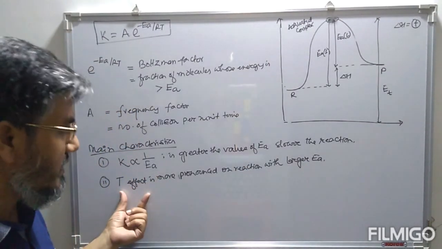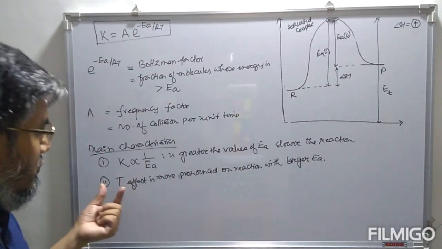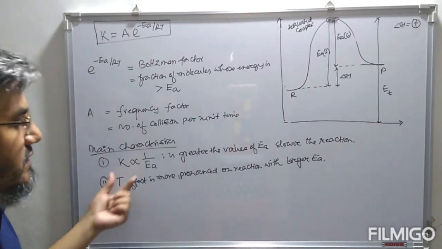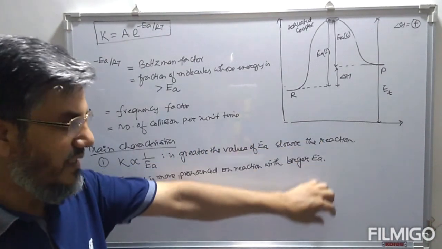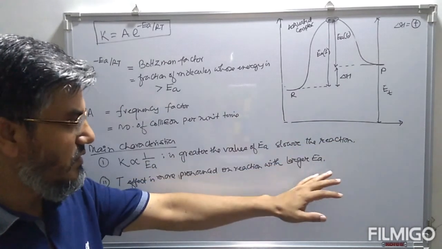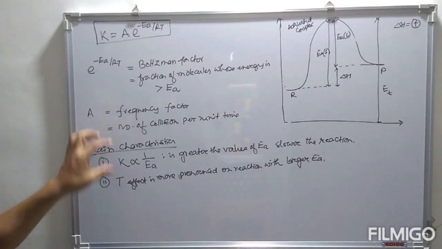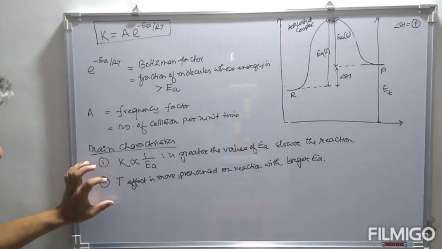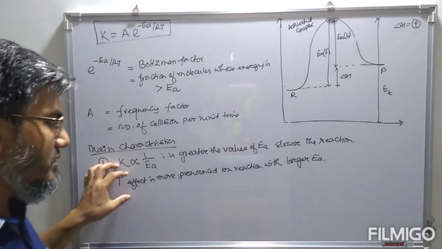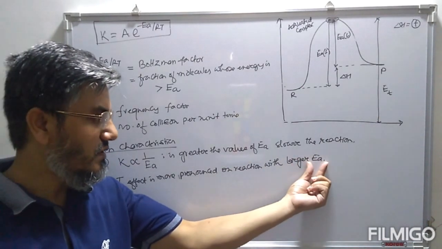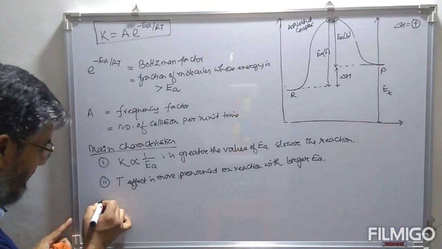So for a reaction with a large value of activation energy, the rate is slow, and on this reaction the effect of increase in temperature will be more pronounced. If the activation energy is less, the reaction is already fast, so for this fast reaction the effect of temperature will be less. So when we study the effect of temperature on different rates, the temperature effect is more observable if the activation energy is more or the rate of reaction is slow.